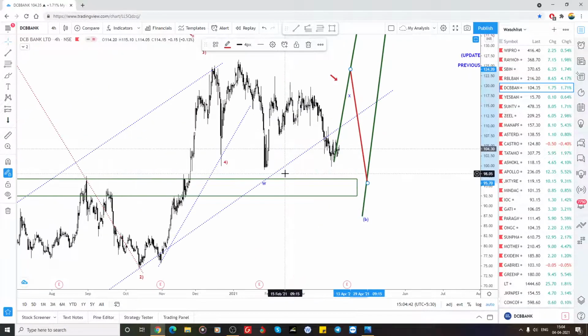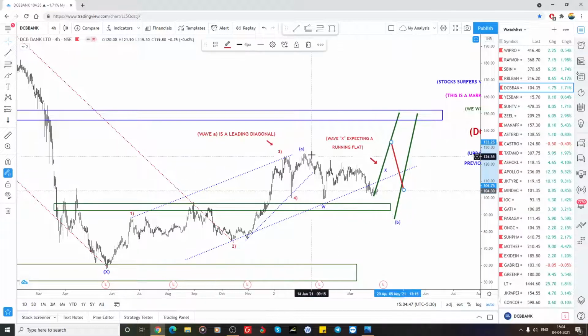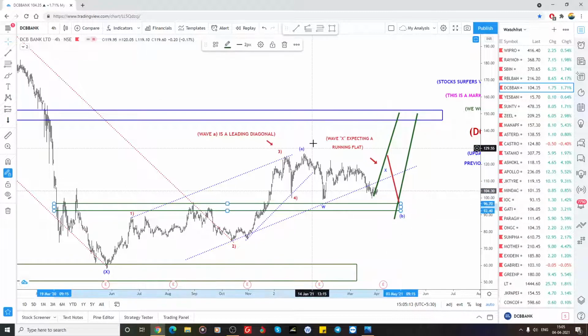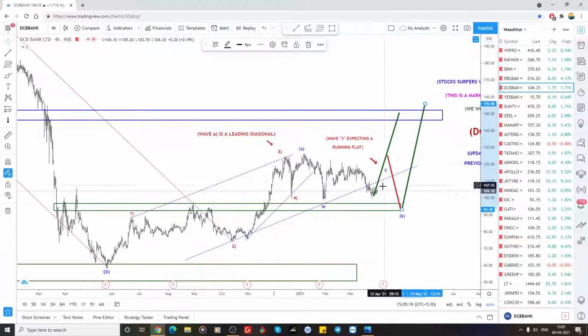It has not yet broken the low. So at least we can make this, if it goes above this A wave, and if it fell like this, that will be considered a running flat. Or if it goes above this without breaking the high also, it has to come to this zone to break this low. So then this is a W, X, A, B, C, and Y, that is the end of that B wave. And then again we look for the bullish. So whether this is an incomplete structure here, we have to wait for that.